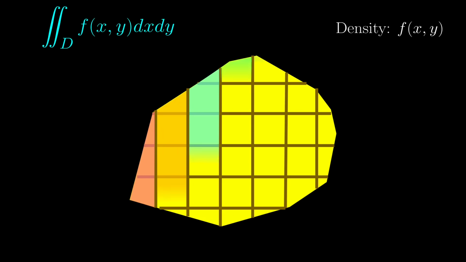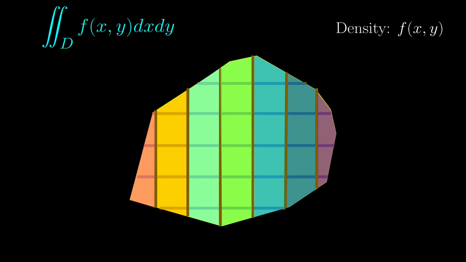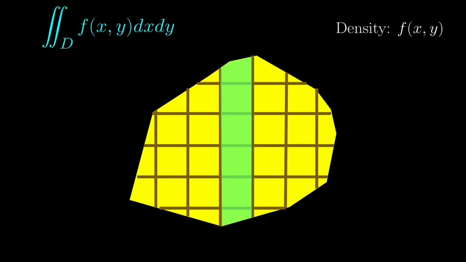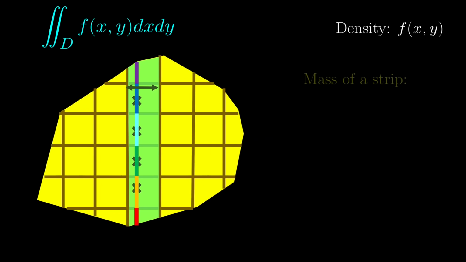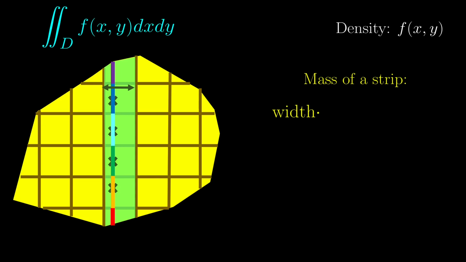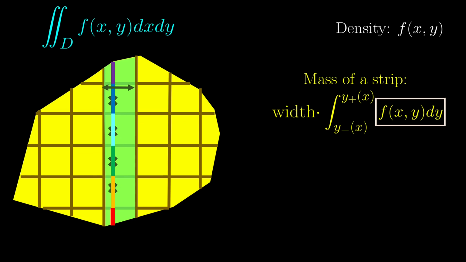To do this, we add the little masses in a strip first, then add them all up. Let's focus on the middle strip here. We deliberately take the points all on the same vertical line so that we can imagine a one-dimensional vertical rod. The difference is that the strip is not one-dimensional, it has a width, so the mass of the strip can be approximated by the product of width and a one-dimensional integral. It's not really that scary. f of xy dy simply refers to the mass per unit width of the small rectangles. Or equivalently, if we combine the factor of width, this really refers to simply the mass of each rectangle.